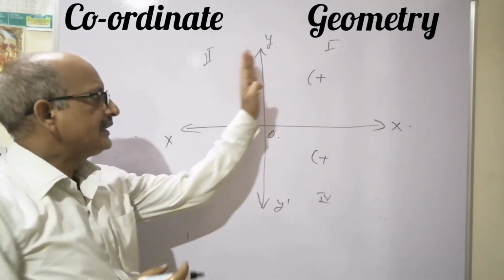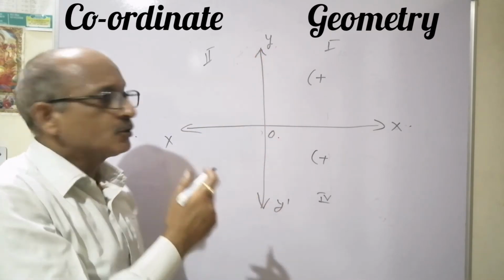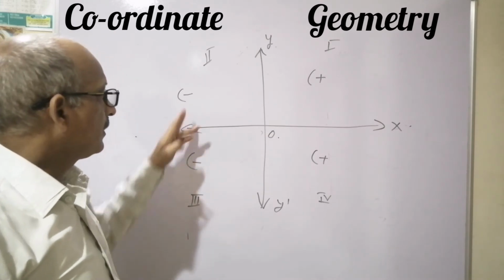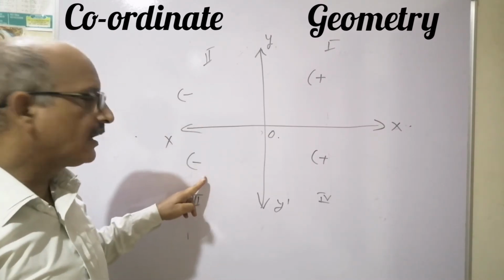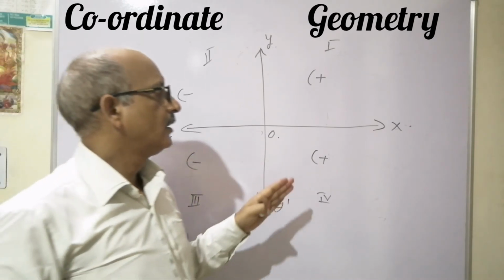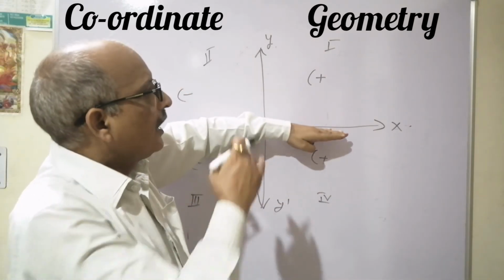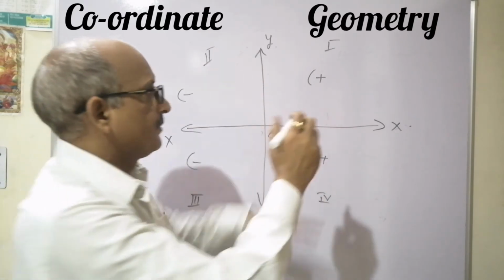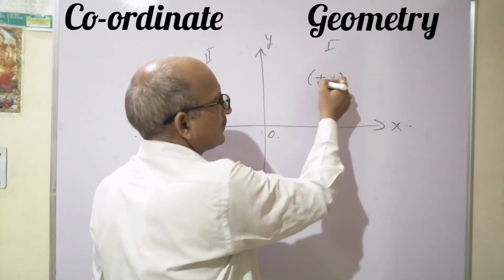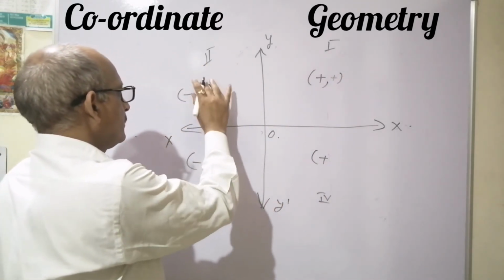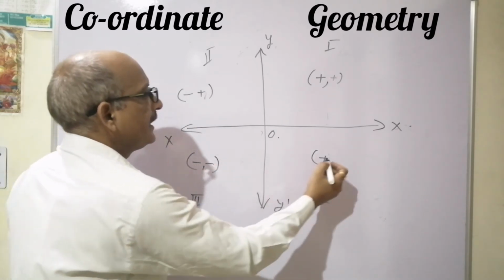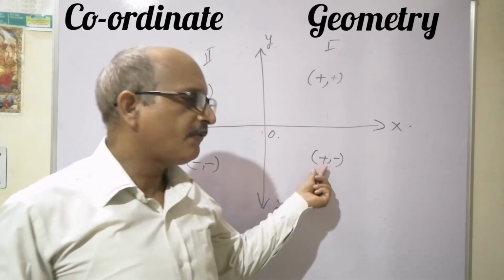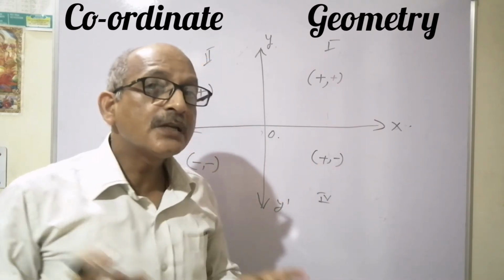But here it is on the left side of the y-axis, so x is negative. Sorry, x is negative here and x is again negative here. But for the y convention, above the x-axis y is positive. Wherever y is above, it is positive, so this is again positive. Below, it is negative, and again negative. So one thing is clear here: everywhere I am writing first x and then y. That is known as an ordered pair.